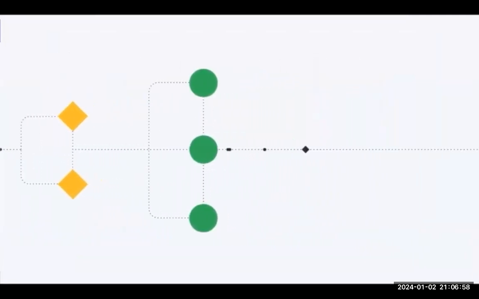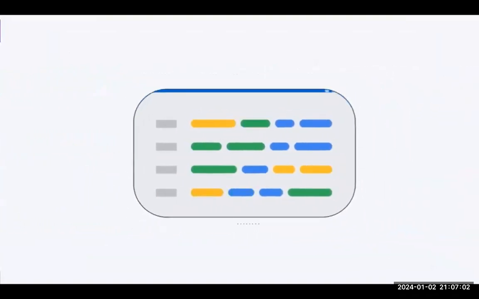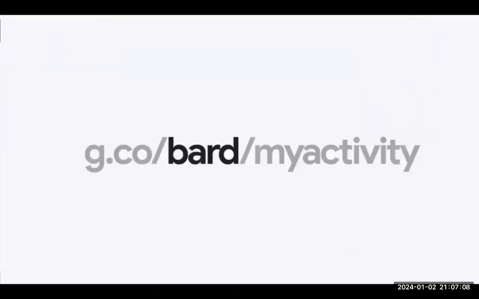Bard takes steps to handle your information responsibly. When you interact with Bard, Google collects data such as your conversations, location, feedback, and usage information. This helps us provide, improve, and develop our products, services, and machine learning technologies. But remember, you're in control of your Bard activity. You can always delete your Bard activity at any time by going to